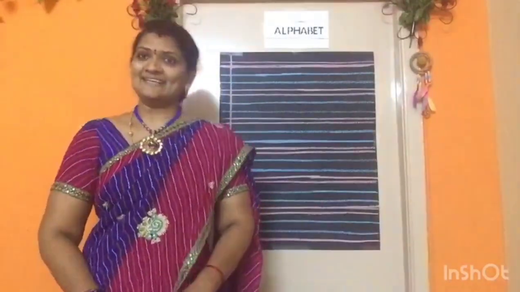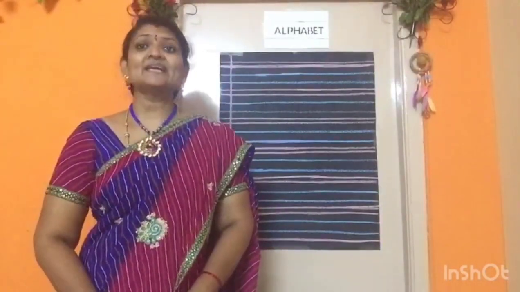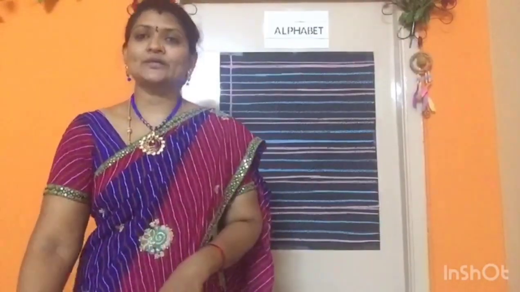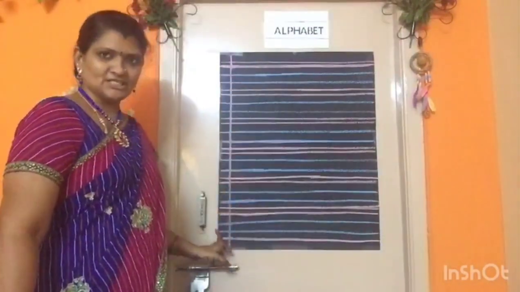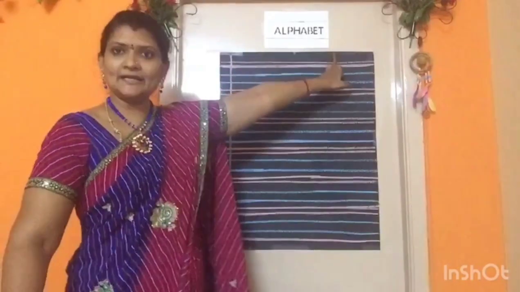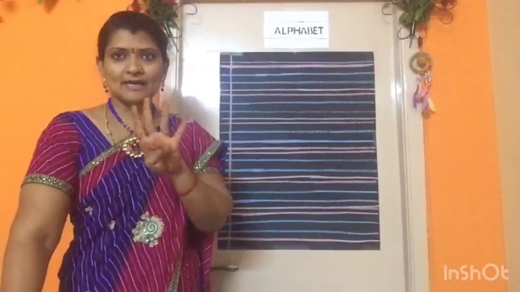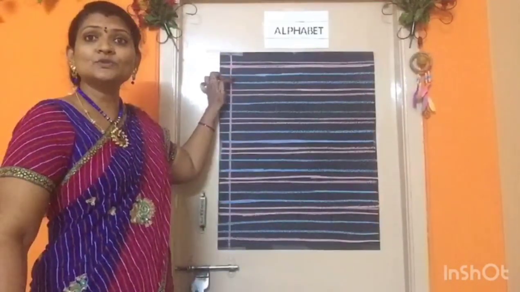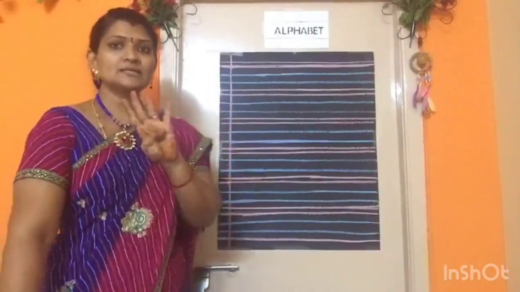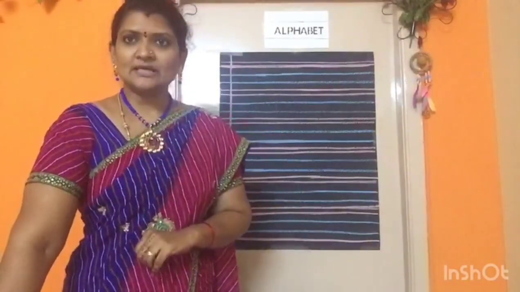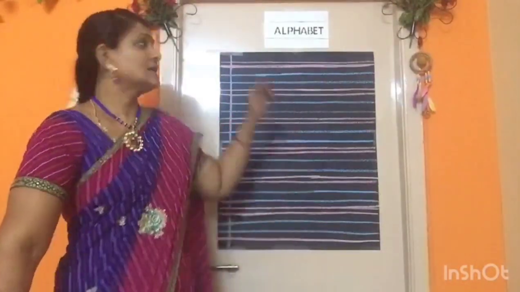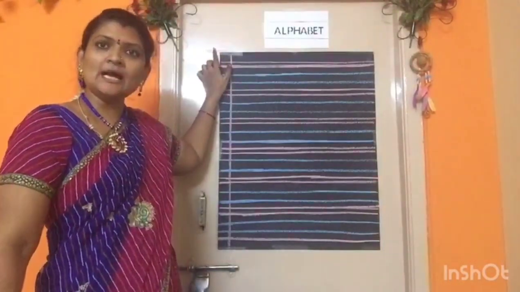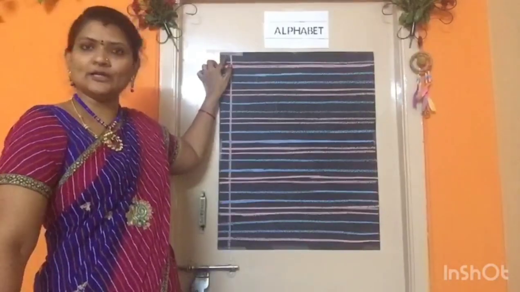Children, if you are ready, let us start writing capital A, small a to capital Z, small z. As I have shown you in the notebook, this is margin as I have shown. This is for heading. And you have 4 lines, that is 4 rows. That's 2 pink lines and 2 blue lines in between 2 pink lines. That is 4 lines. Okay children, understood? Now let us start. Here I told you to write the date with the help of your parent. You can ask your parent the date and month, then you can write here.